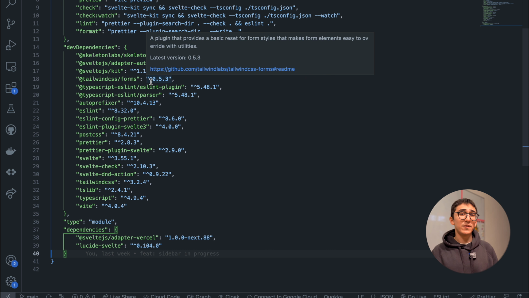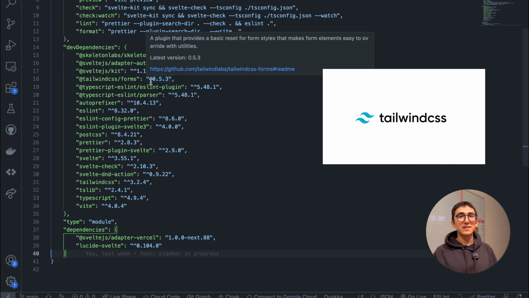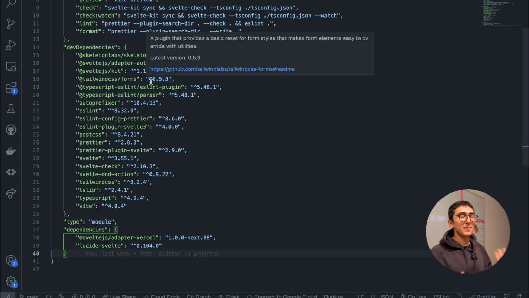So for styling, I use, of course, Tailwind CSS, which takes care of every CSS file I don't want to write. Of course, I make some manual changes because there are some missing styles. For example, as you can tell,